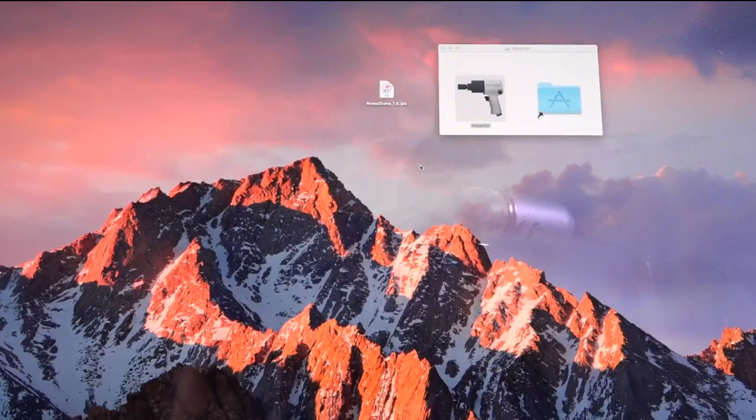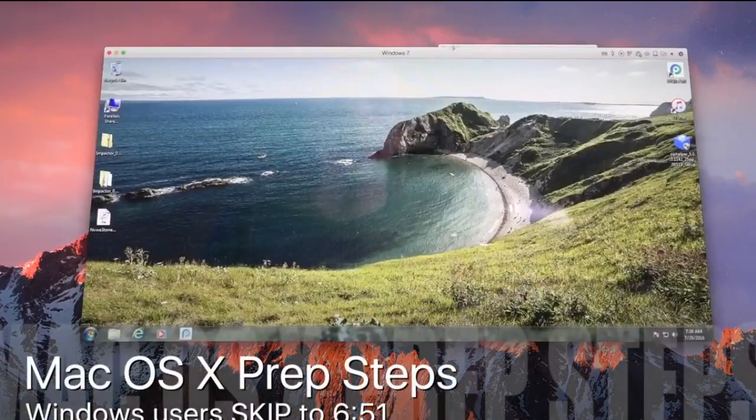PANGU's actually utilizing this method of app distribution so they don't have to burn through another exploit. It's really rather clever. It saves time on their part and it allows them to work on the next iOS 10 jailbreak. Alright, so with all of that being said, you're going to need those two downloaded for either Mac or Windows. I have them on both, and let me just show you what you're going to want to do